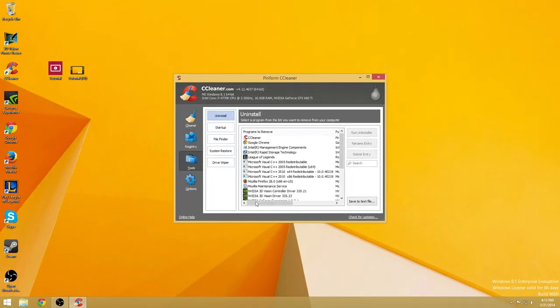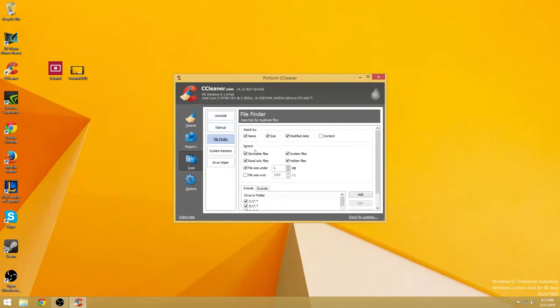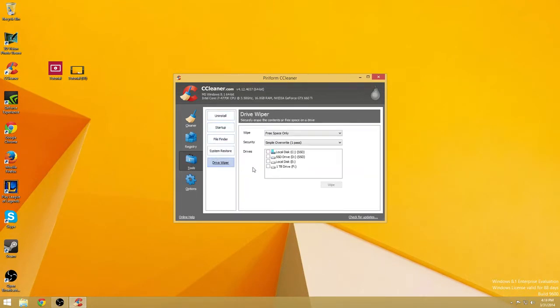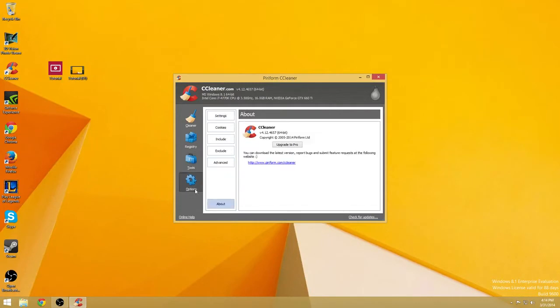And this is your uninstall, startup, your file finder, your system restore, and your drive wiper. I wouldn't recommend touching the drive wiper. I don't even know what it is, so it's better if you don't do that either, unless you know what you're doing. Then, in your options you have your settings,